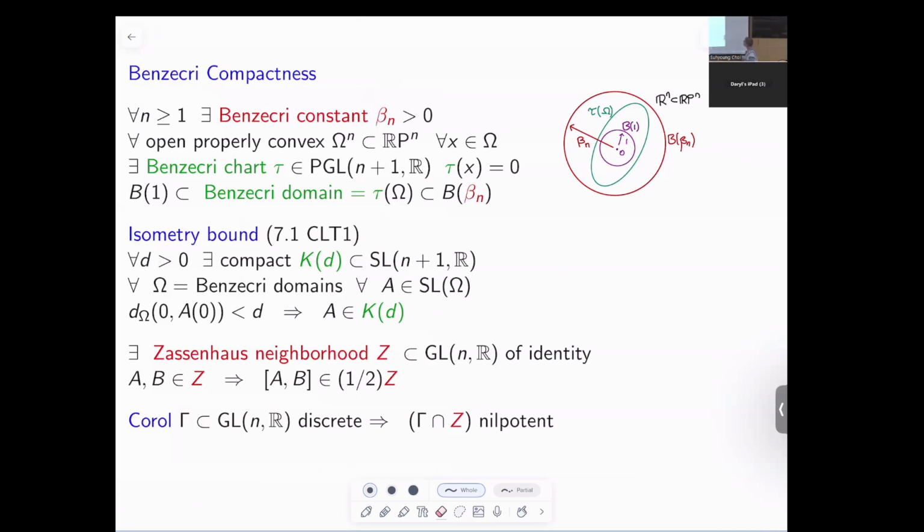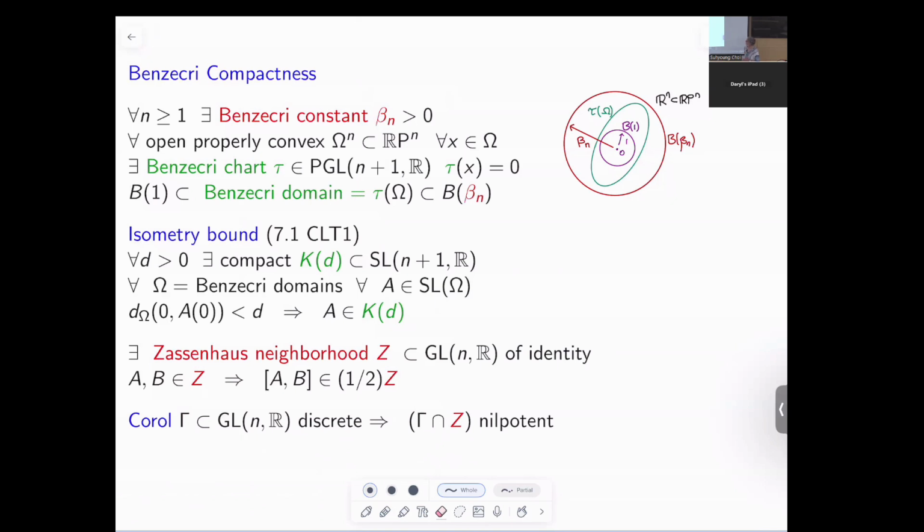And so we've been talking about properly convex domains in projective space. If you take a properly convex domain in projective space and a point, that's a pair. And the collection consisting of pairs of properly convex domain and point in the interior of that domain, that's a compact family. Benzécri's theorem. And one way to say it is that in every dimension, there's a constant, the Benzécri constant, with the